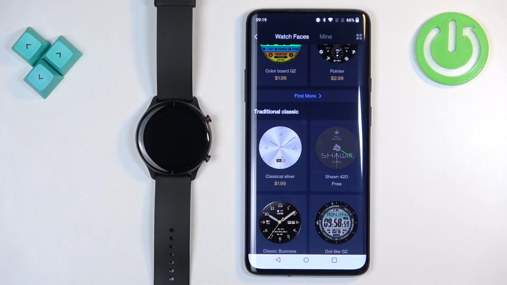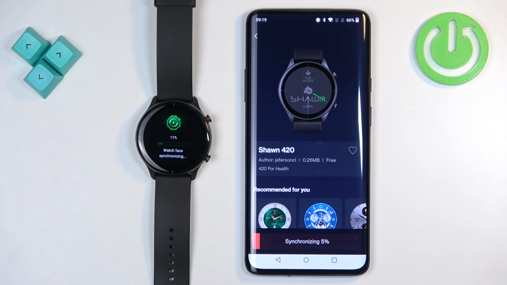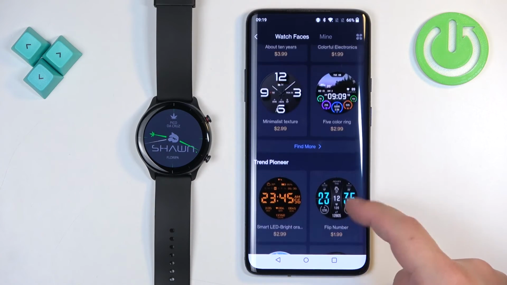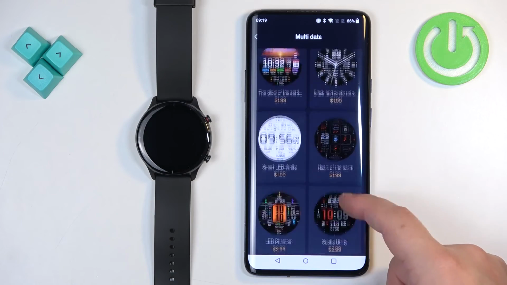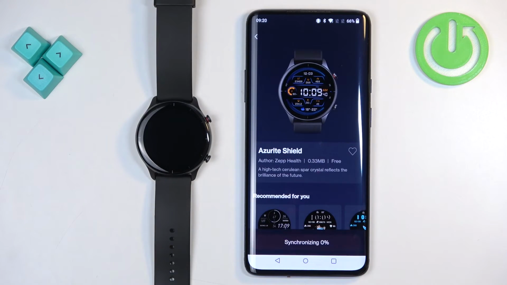So basically, once you find the watch face you want to install, tap on it, tap on sync. It's gonna start syncing and then basically downloading and syncing. First it's gonna download, then sync to your watch, and once it's done, you will see the watch face on your watch. And you can also install multiple of them. So for example, we can install also this one,